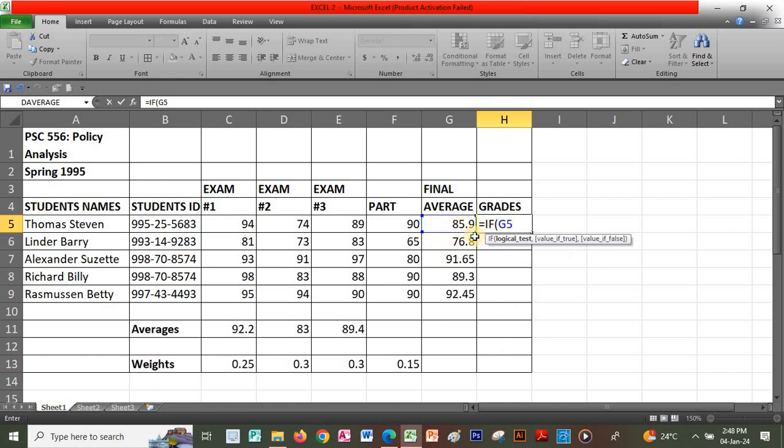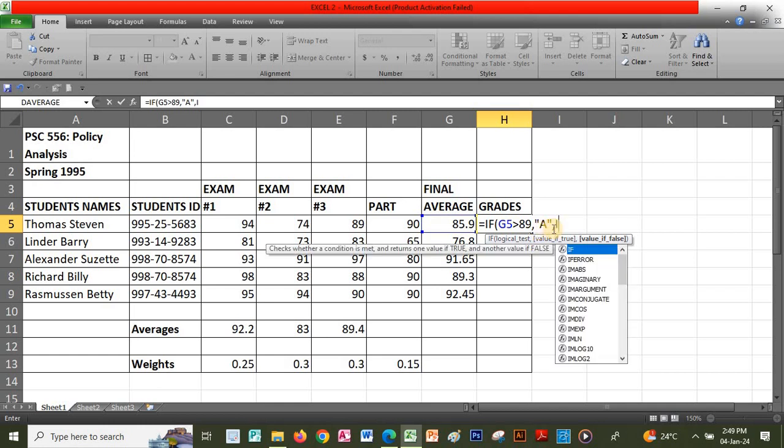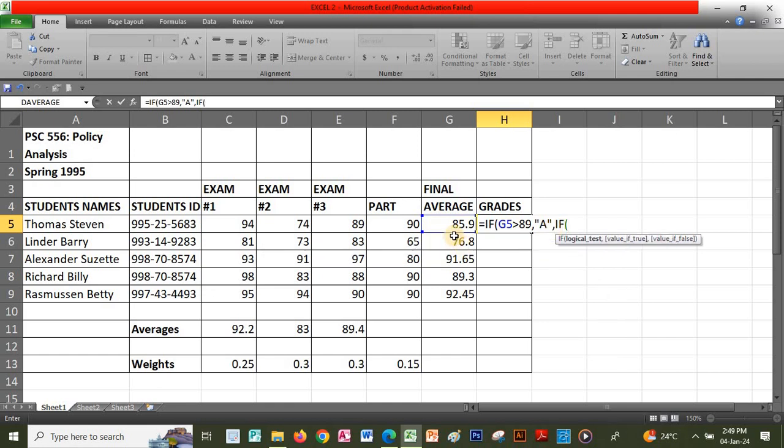So we say IF G5 is greater than 89, comma, you apply the quotation marks and write the letter A. This means that if this final average is more than 89, then the student will have a grade of A. Then we write the next formula: we open the brackets again and click on G5